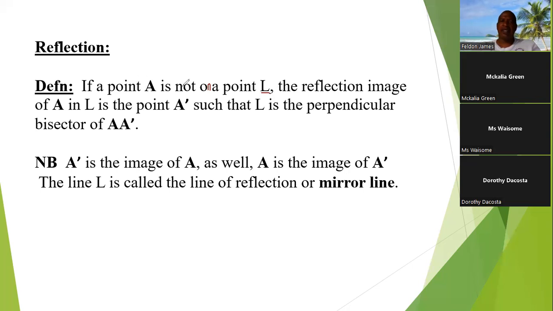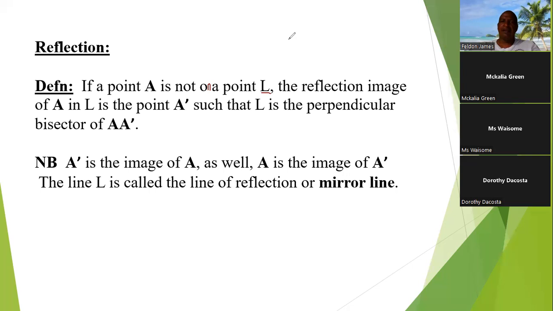So if a point A is not on the line L, the reflection image of A in L is the point A dash, such that L is the perpendicular bisector of A and A dash. All right. Now that might not seem very straightforward for some of you, but what it really means is that